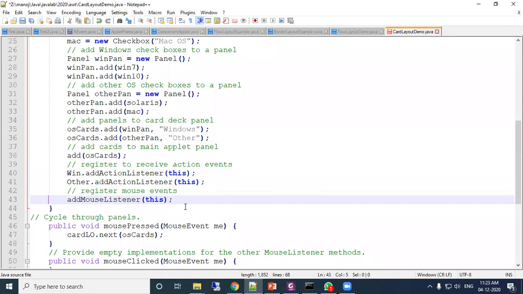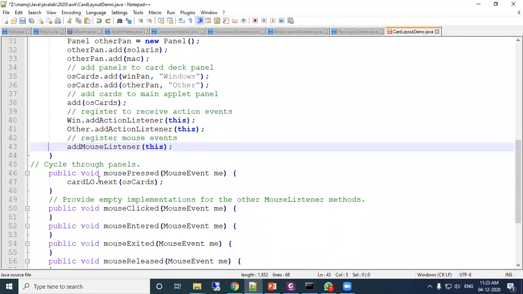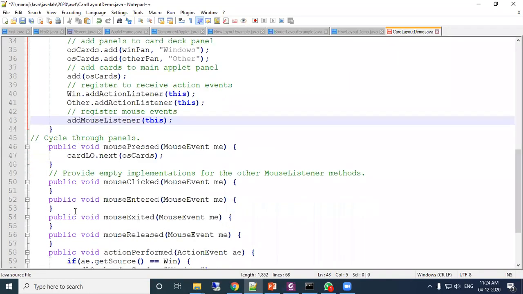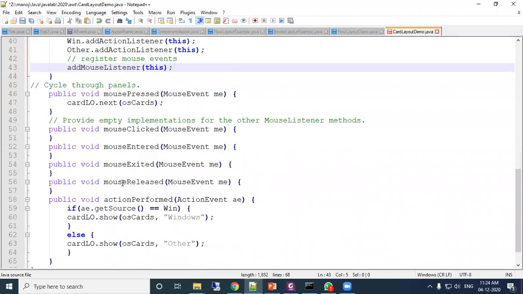Three things I have enabled. Now here is the method mousePressed, MouseEvent me, cardLO.next. Otherwise mouseClicked, mouseEntered, mouseExited, mouseReleased: these events are not written. Only one event is written here, actionPerformed.